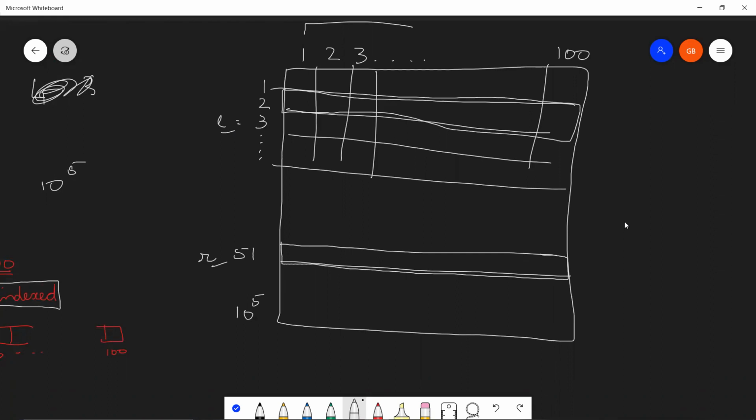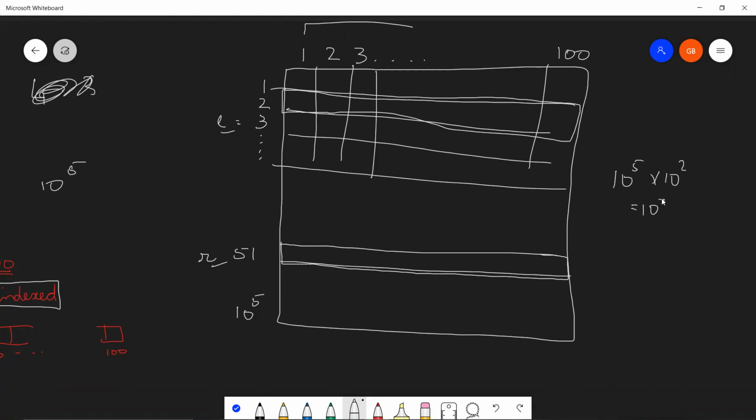Then I'll just subtract the adjacent elements, right? So I think this preprocessing is something like a prefix sum calculation for this 10 to the power 5 times, and then a simple traversal over the size of array 100. This will give us our final answer. So if you think about the space complexity for this auxiliary matrix, that would be 10 to the power 5 into 10 to the power 2, which gives me 10 to the power 7.